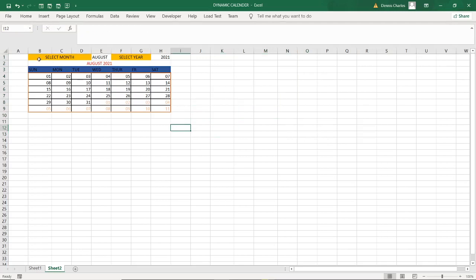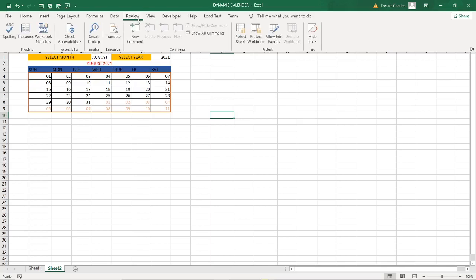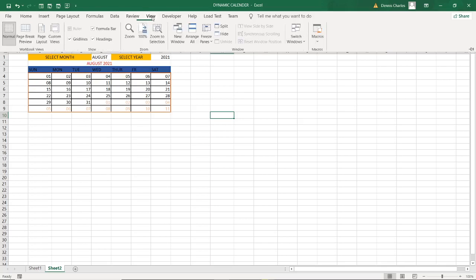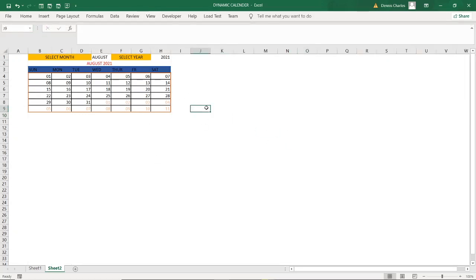Then if I go to View and remove the grid lines, your calendar now looks like this. I've done exactly what I had shown you.